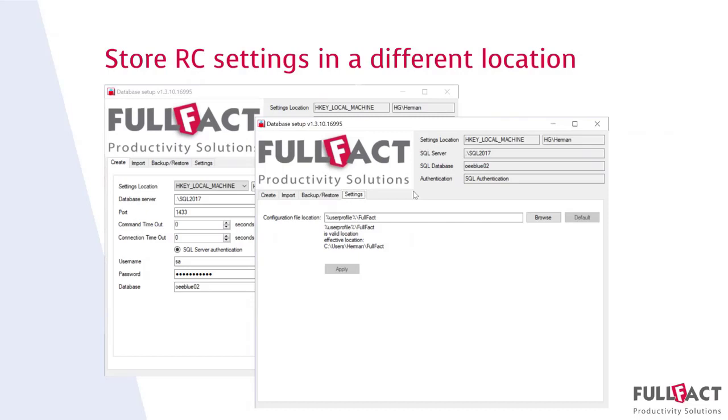In this case, it's the user profile full-fact, so it's in my local user environment, but you can use any shared drive on your network to store the location data. This way you can have all the remote collect configurations centrally stored, and you can put that into the backup procedure that you run on your application server every night.